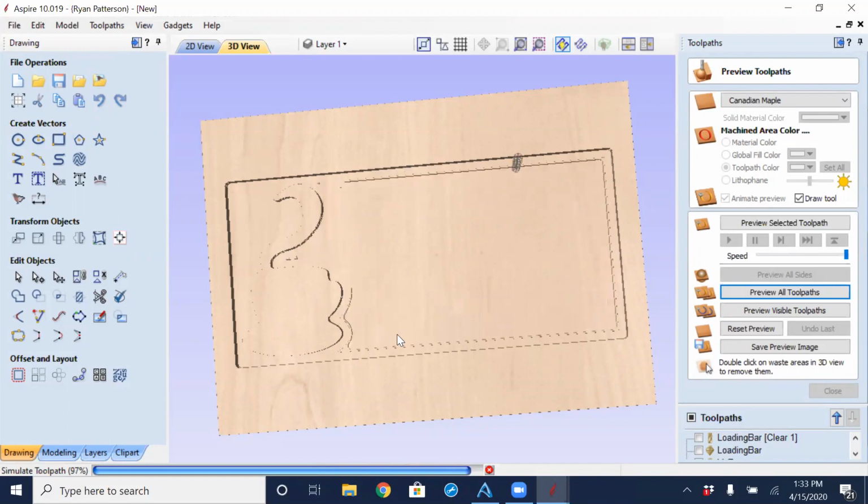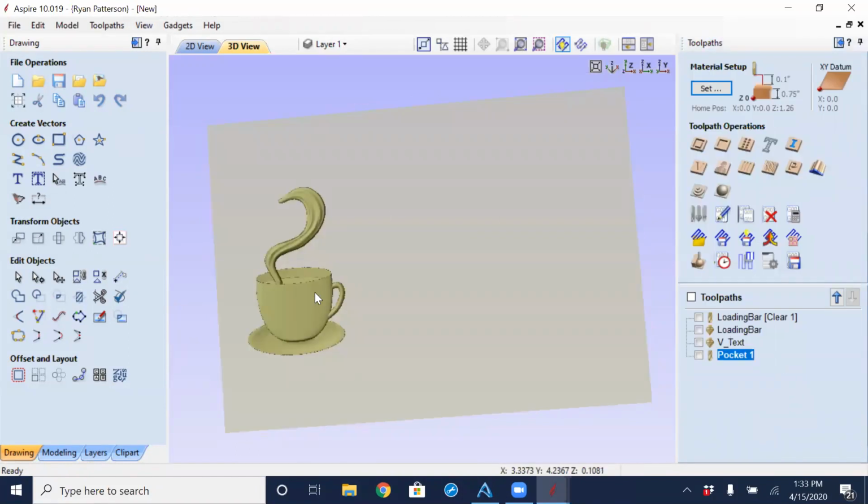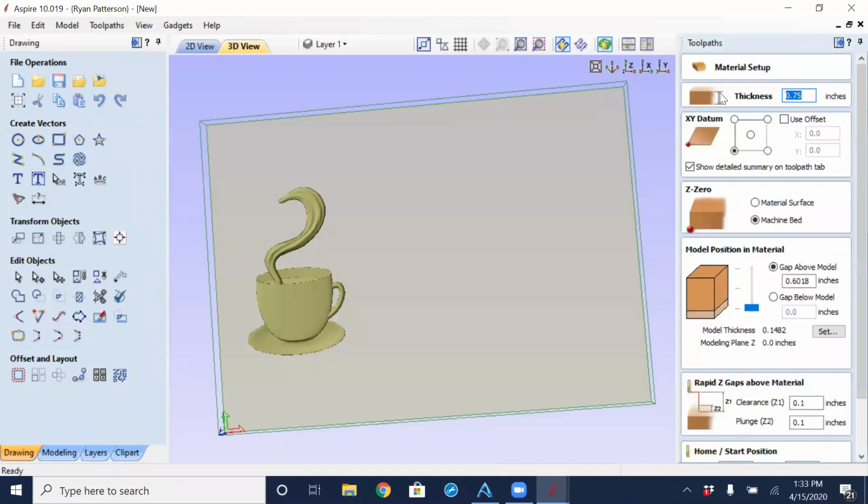The one that is, I believe, the easiest way is coming into, I'm going to close this, coming into this option right here that says set. I'm going to click that, and then right down here, this gives the position that the model is in relative to the material. So the darker section here, from top to bottom, is our material thickness of 3/4 inch. The lighter brown is the model. And we can see the total model thickness here is